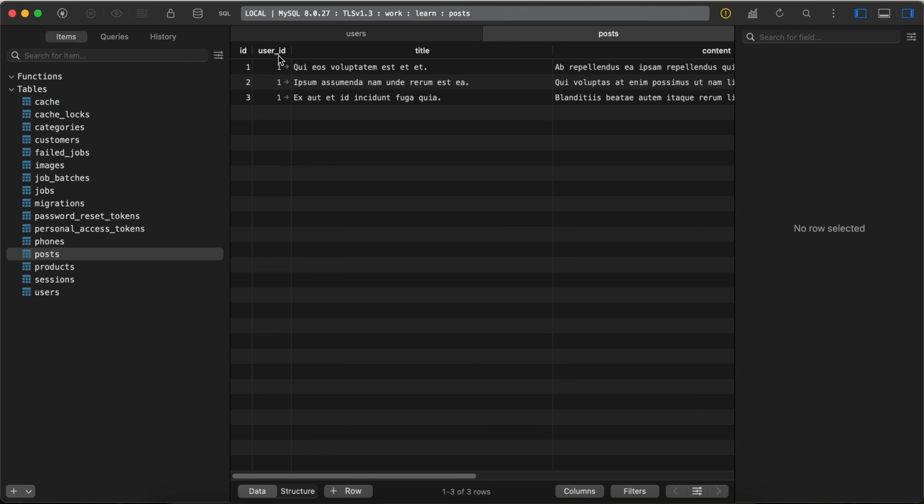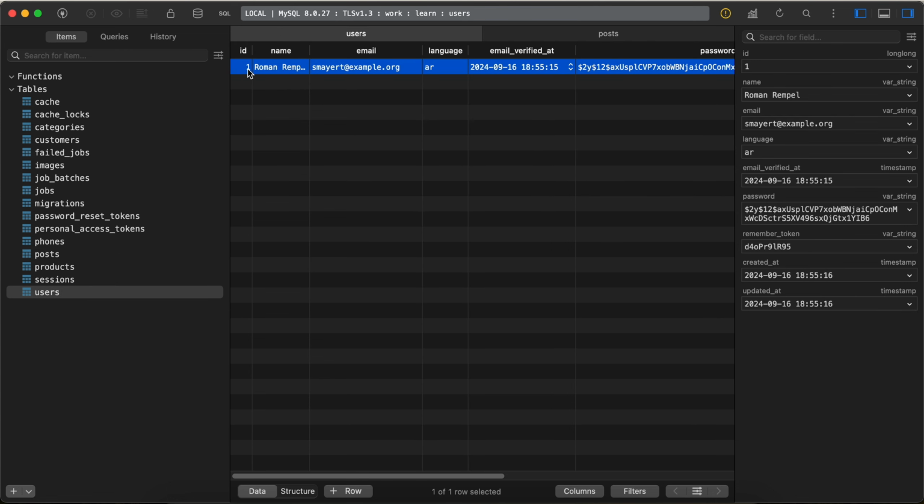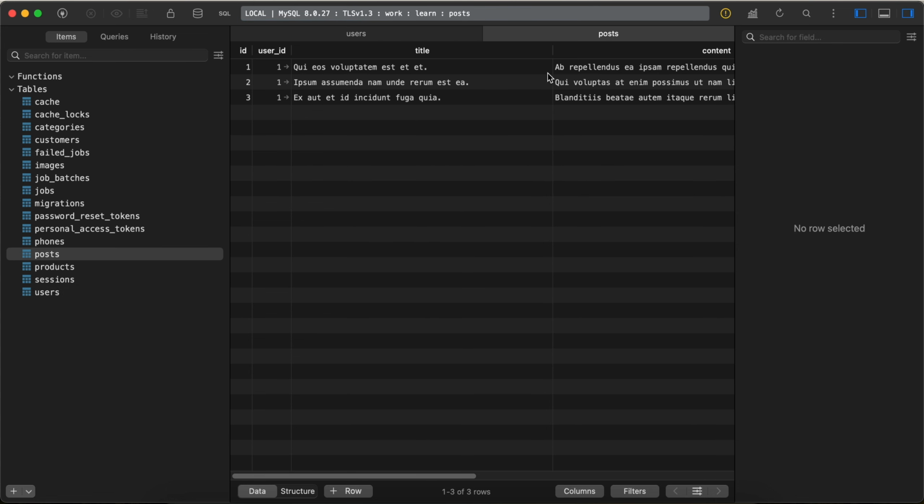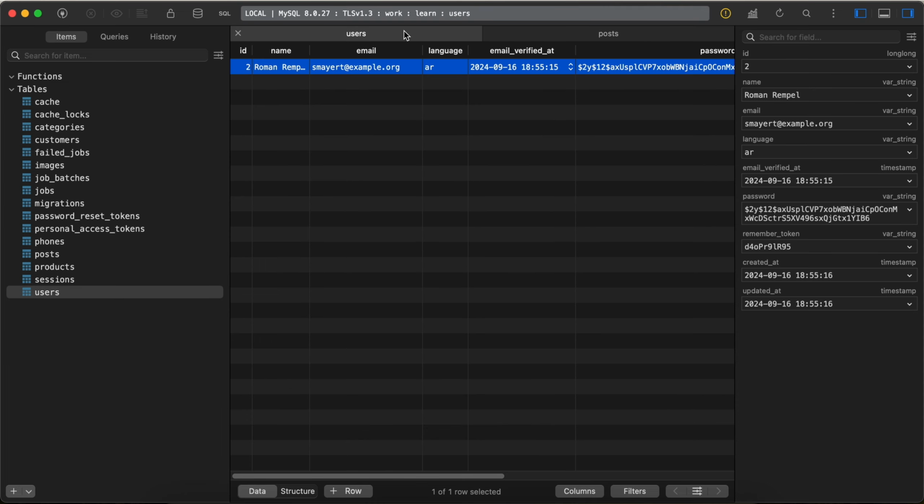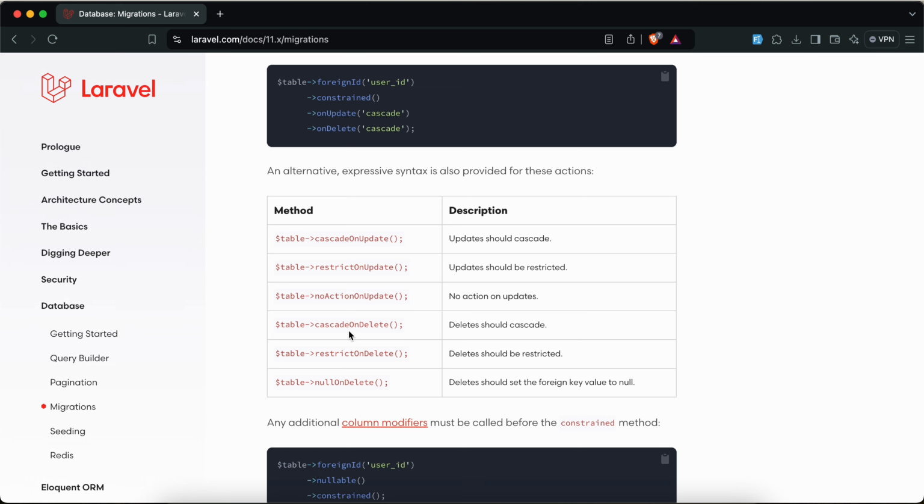Here, same user ID number 1. If I change it to 2 and refresh, it will automatically be changed here also. I don't think I will actually use something like this. Let's move directly to the one we know the most, which is cascade on delete, which means